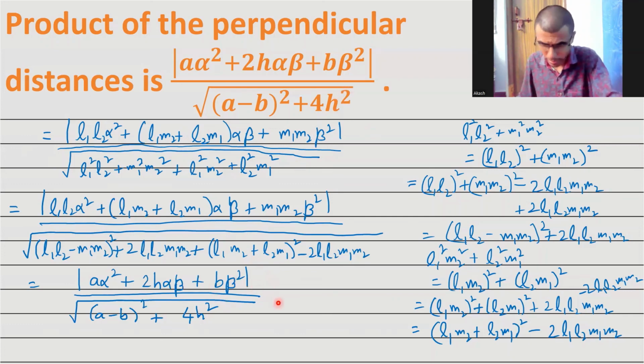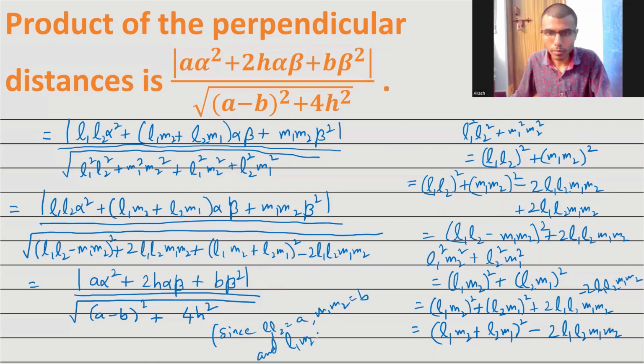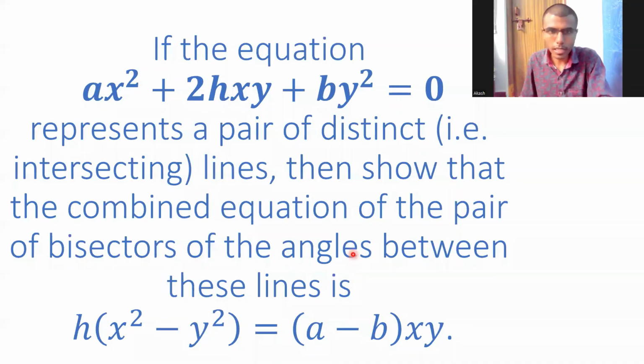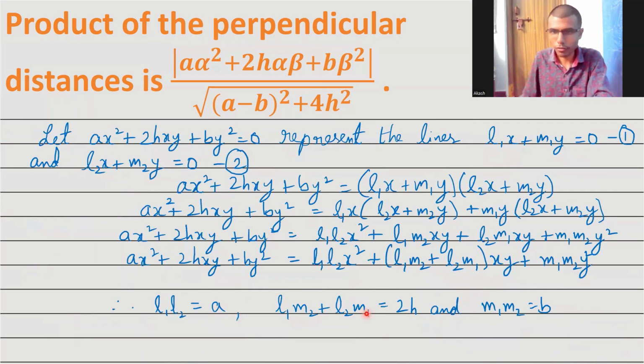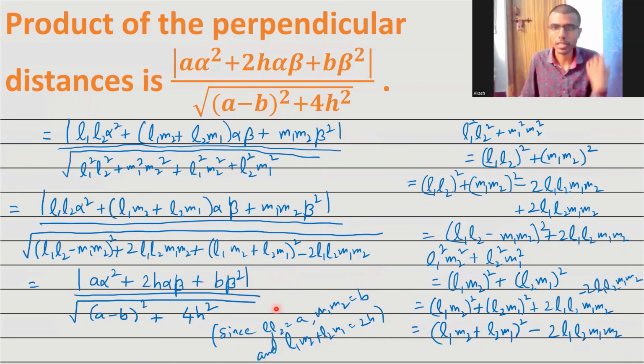Now beside this you can just write, since L1 L2 is equal to A, M1 M2 is equal to B, and L1 M2 plus L2 M1 is equal to 2H. The invigilator would get clarity about what substitutions you did. Otherwise you can just mark this as 3, 4, 5 and then say from 3, 4, 5, anything's fine. I know that this one needed a good amount of understanding,